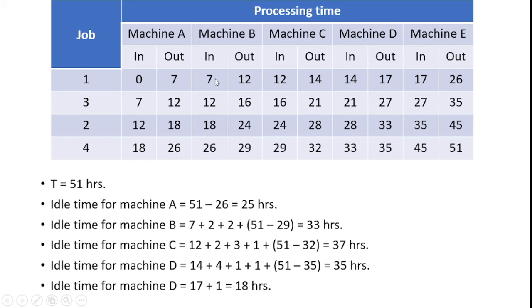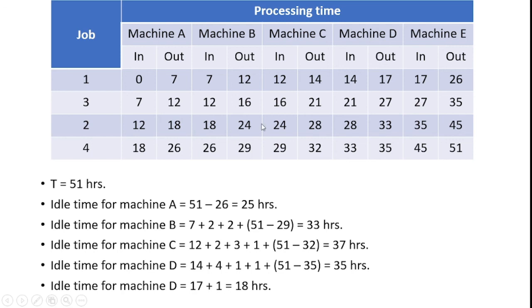After that, the idle time for machine B. Initially, it is waiting for job 1 up to 7 minutes, so initially machine B has 7 minutes as idle time. After that, the 12 is available, there is no idle time. After that, machine B stopped with job 3 at 16, but started job 2 at 18, so here there is a 2 minute lag. So machine B stopped up to 18 minutes, so 2 minutes are available,